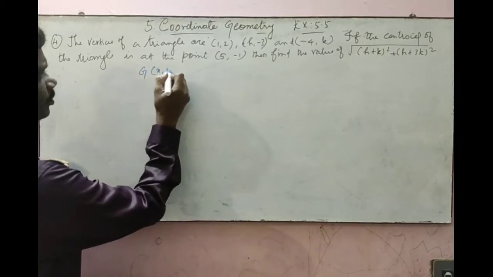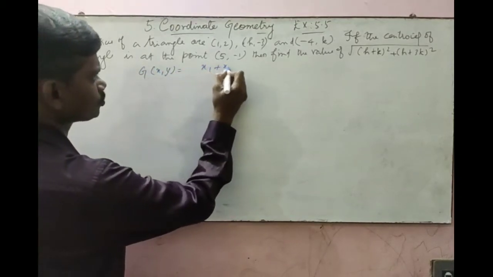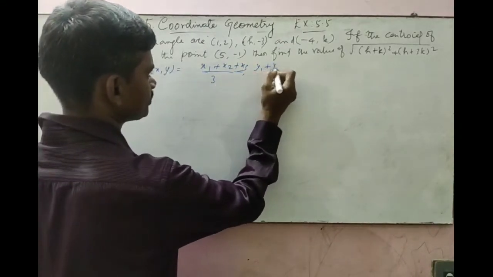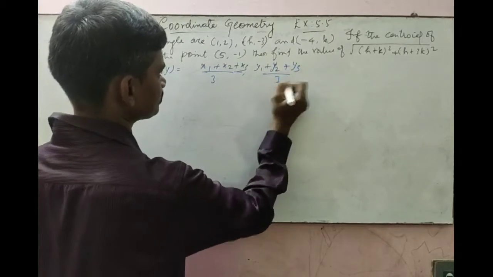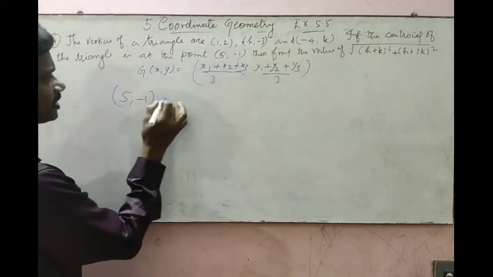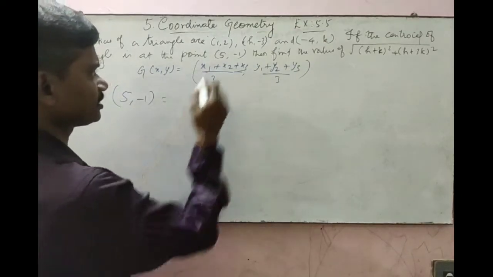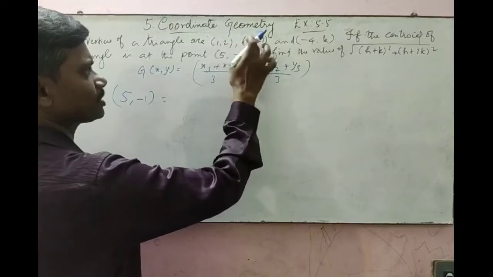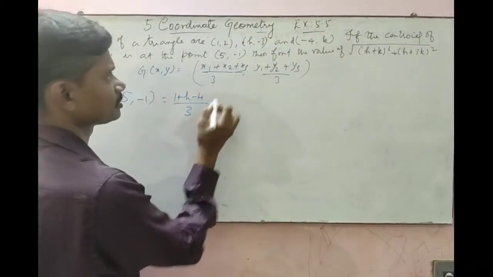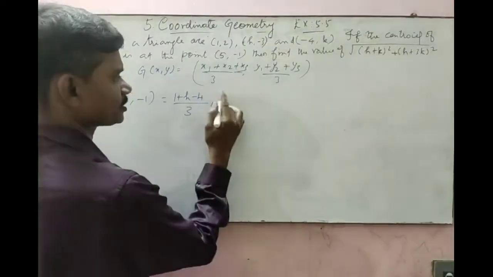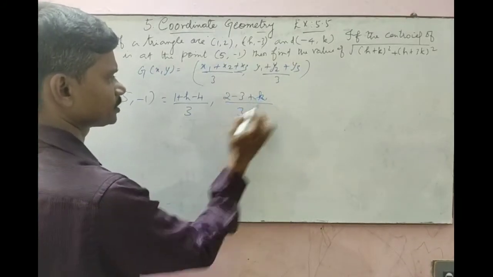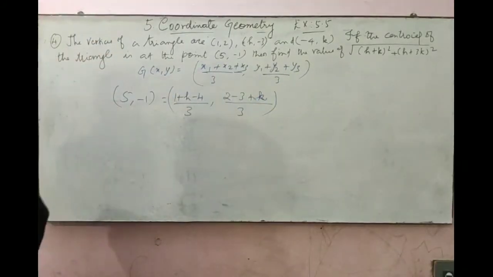G of x, y is equal to x1 plus x2 plus x3 by 3, comma y1 plus y2 plus y3 by 3. The centroid is given as 5, 1. Take it as 5, 1 in the left hand side. Just add those 3 values: 1 plus h minus 4 by 3, comma 2 minus 3 plus k whole divided by 3. Now equating the x and y coordinates, you will get